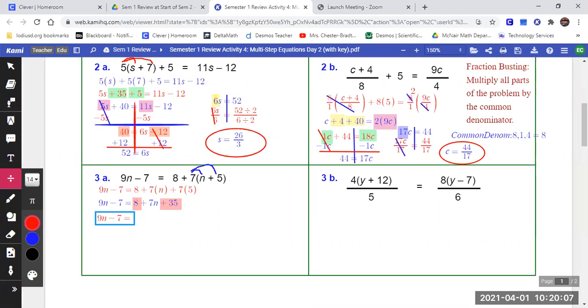Tell me the whole thing once it's pulled together. 43 plus 7n. Oops, not b, n. Nice. Okay, so now we are ready because there's 2 on the left and 2 on the right, not a